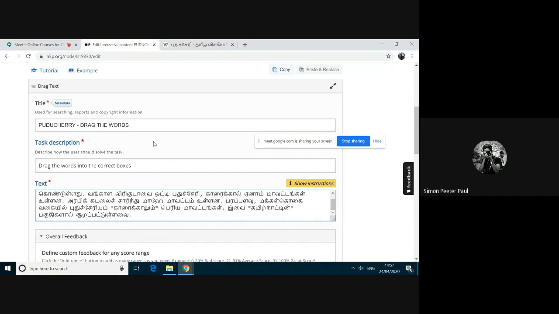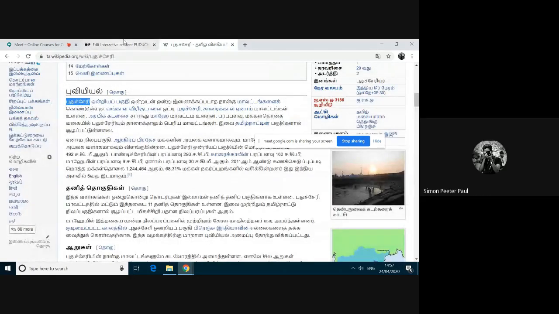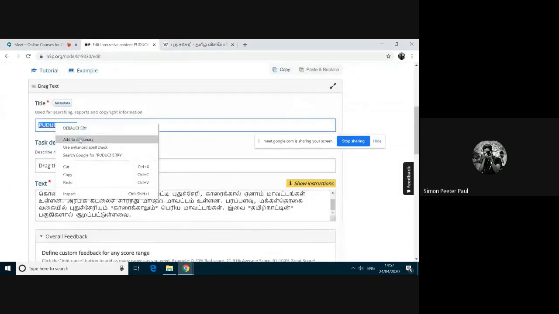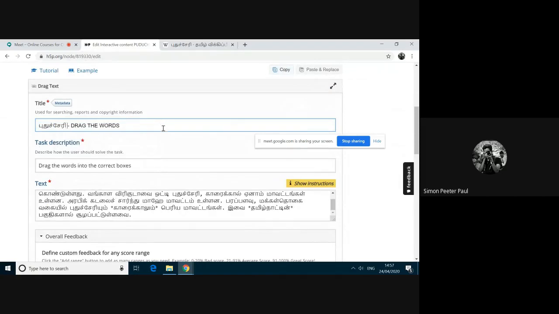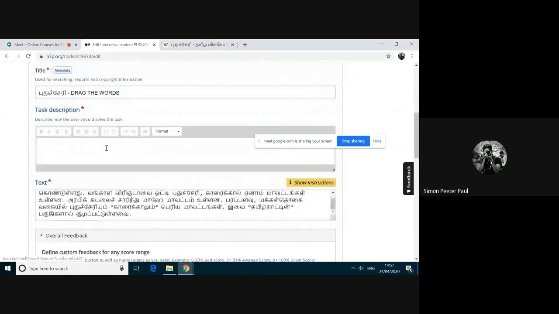I have given 4. Here, if I want to type in Tamil, I can copy Puducherry. I can paste here. See, it's in Tamil. Here also you can give the instruction in Tamil.